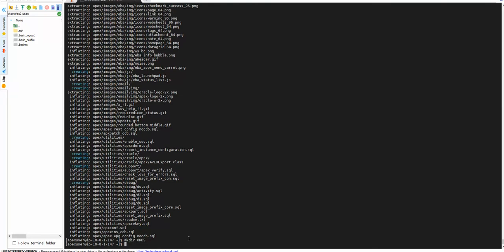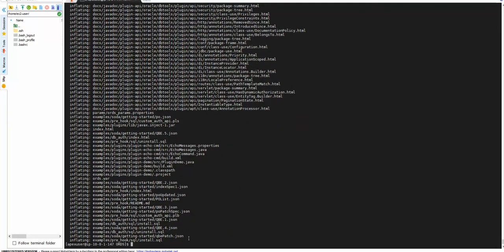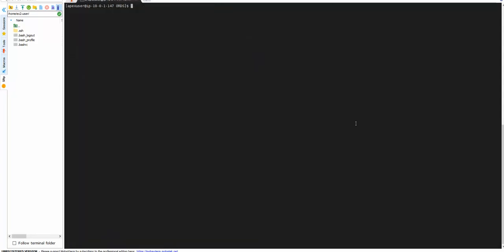Making ORDS, then changing directory to ORDS, and let me go ahead and unzip the ORDS software zip file also. All right, that's also done. Once that unzip is done, we are getting ready to install ORDS right here.